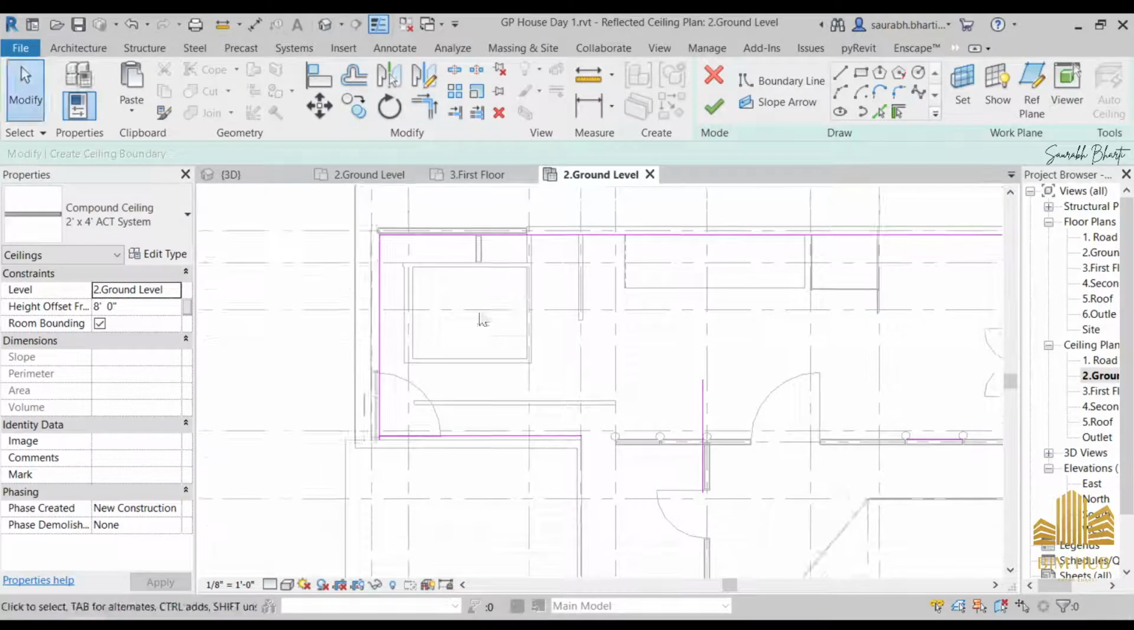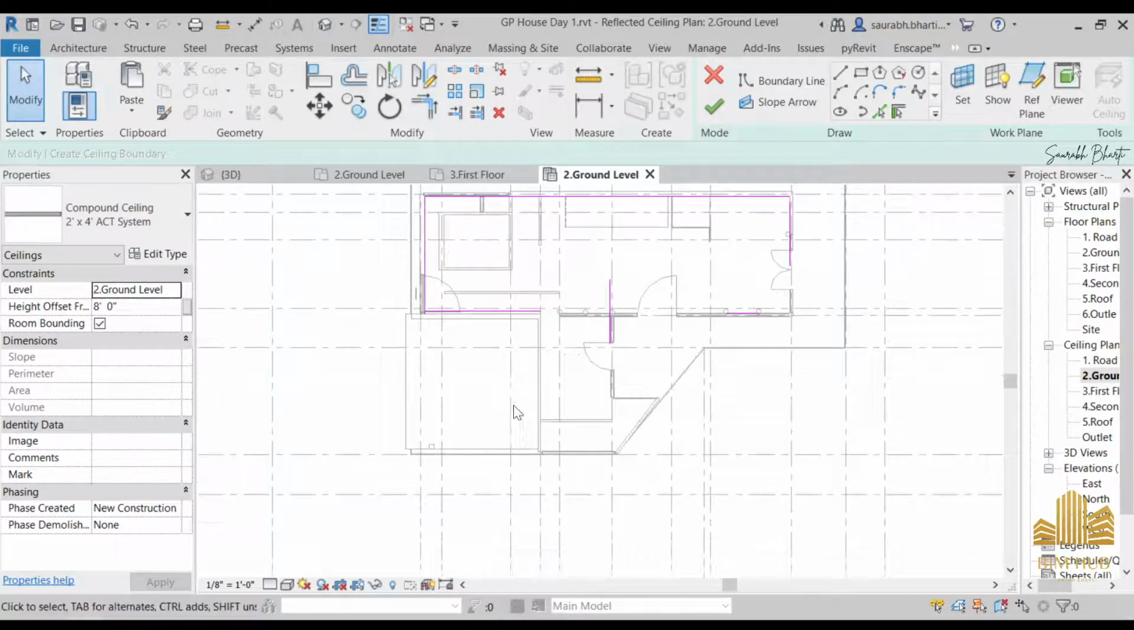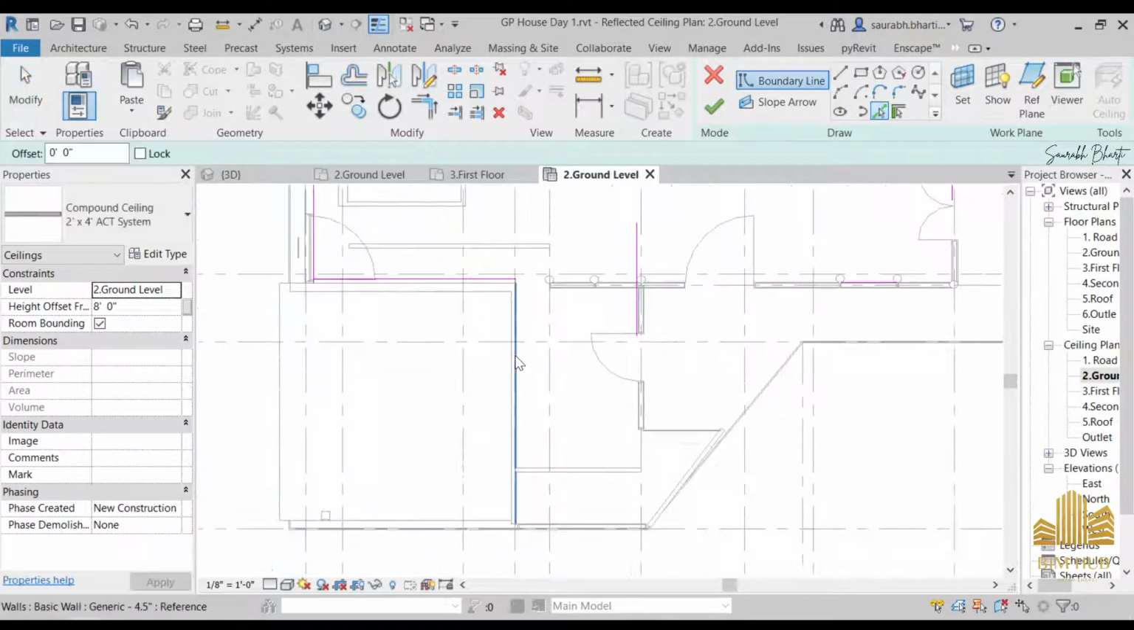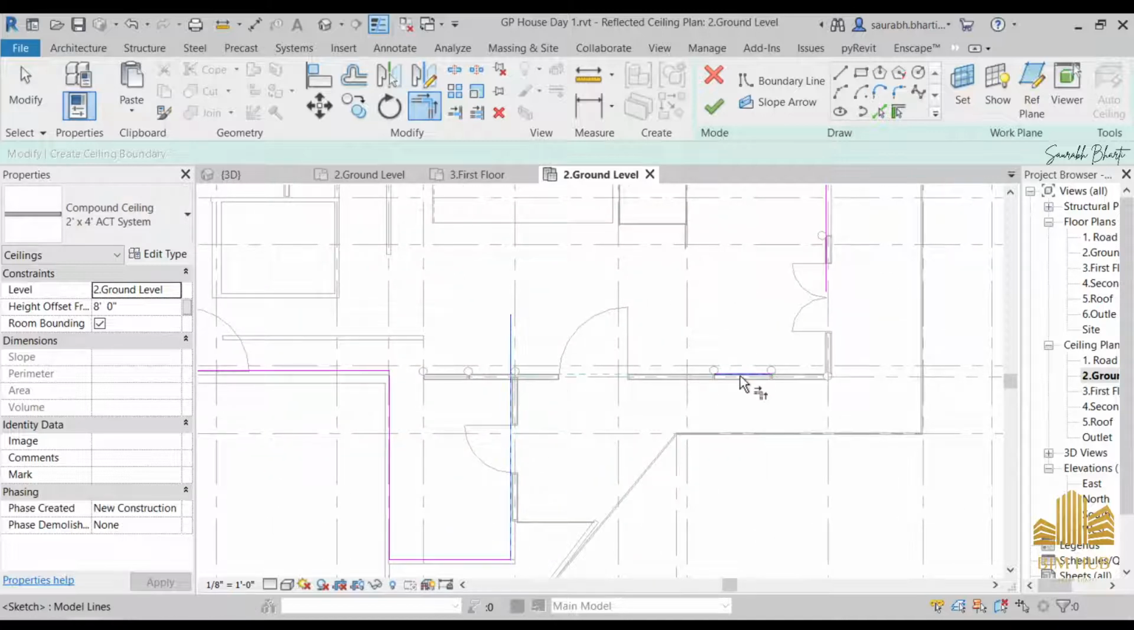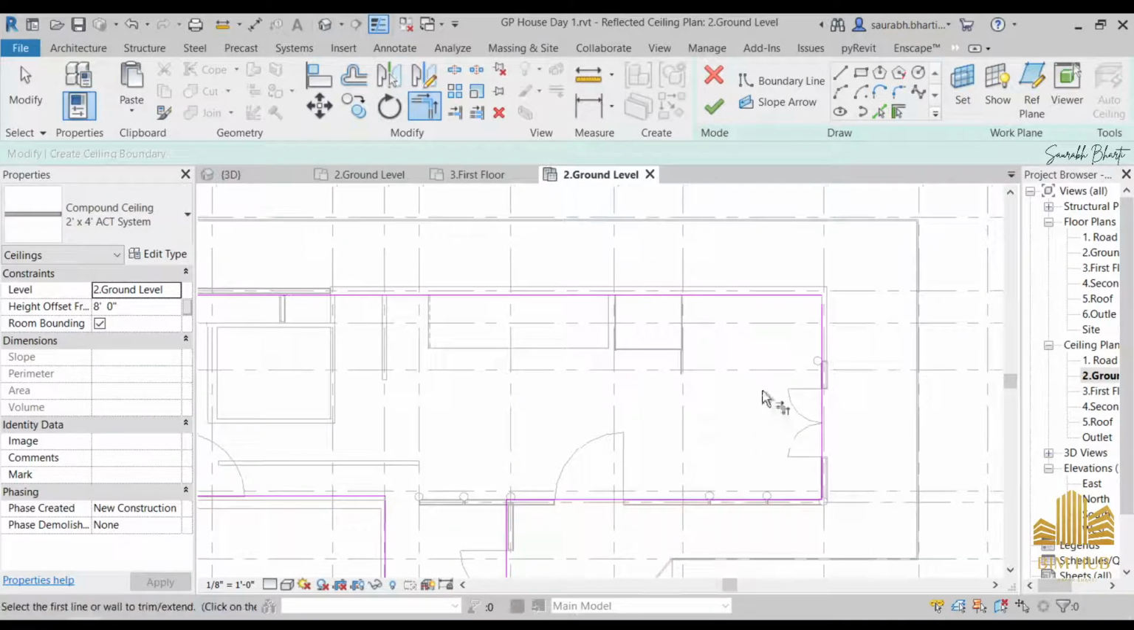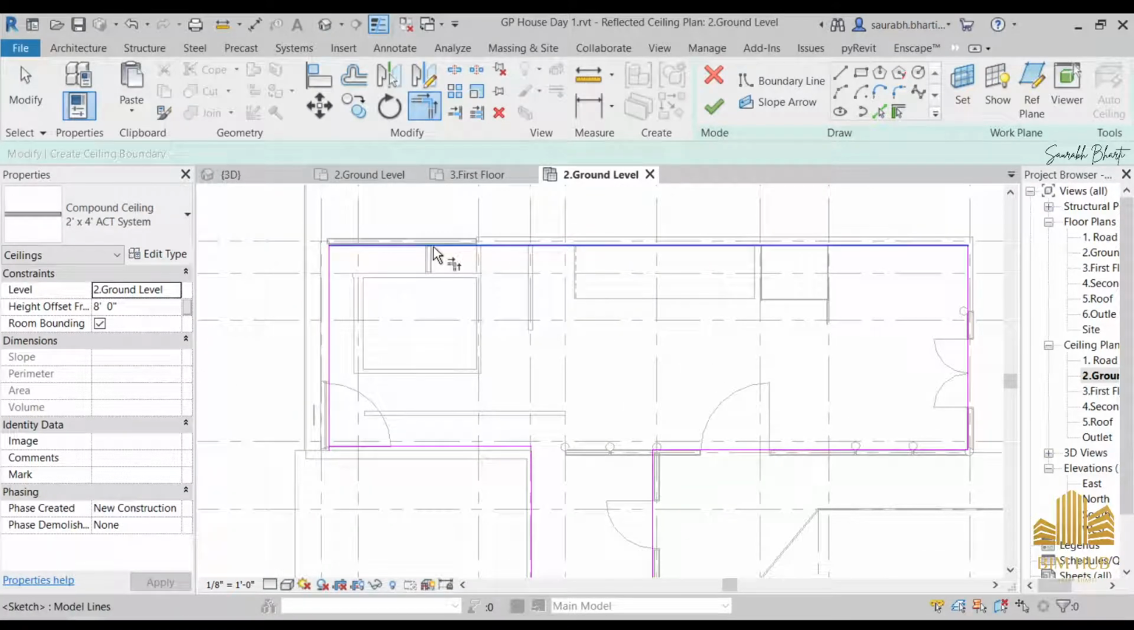Trim this portion, but this portion is the outer portion. Okay, this is the interior portion. And select this, and trim it. So just trim this, trim this, trim this, and from here to here, from here to here, and from this place to this place. And now we have a